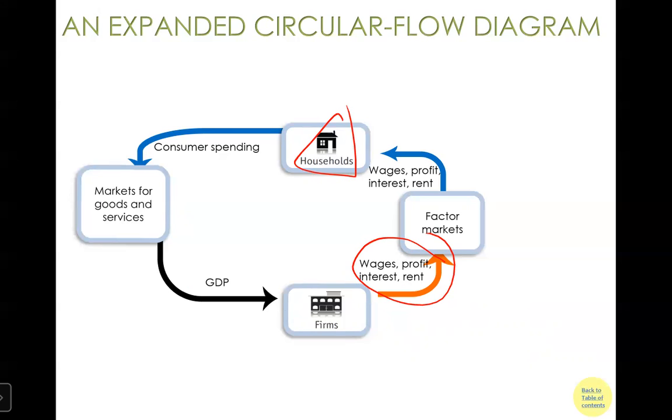And the household is going to rent out their capital. Household is going to rent out their land, right? And in some sense, household is going to buy stocks or own a small fraction of the firm. So eventually, all the income will go back to households. But the income essentially reflects what? Or income, where does income come from? Coming from the sales of the goods,